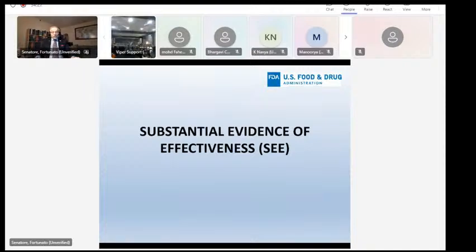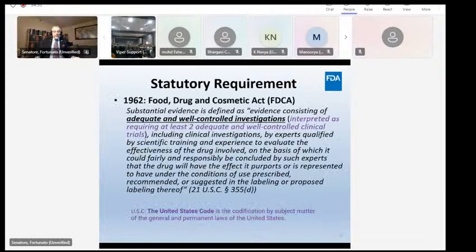So now I'm going to go into what exactly is substantial evidence of effectiveness. I'm going to go back to 1962, where the Food, Drug, and Cosmetic Act was formulated in law. And I'm going to read this legal statute to you. It is a substantial evidence definition as evidence consisting of adequate and well-controlled investigations, and that's plural, not one but two trials, that's what it's interpreted to be, including clinical investigations by experts qualified by scientific training and experience